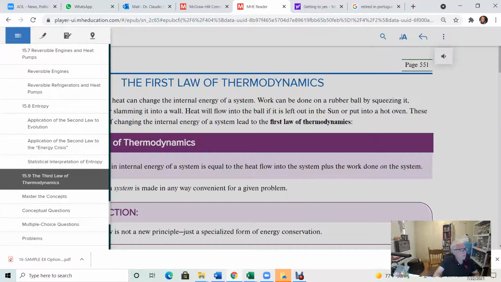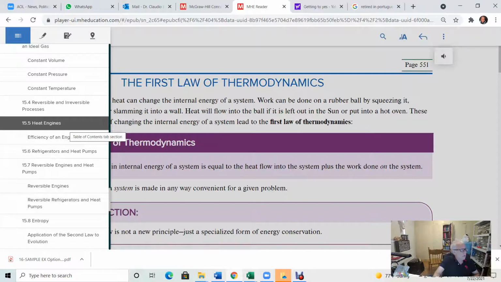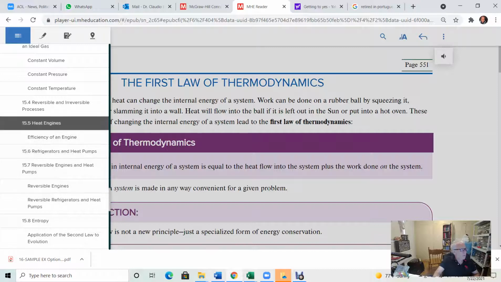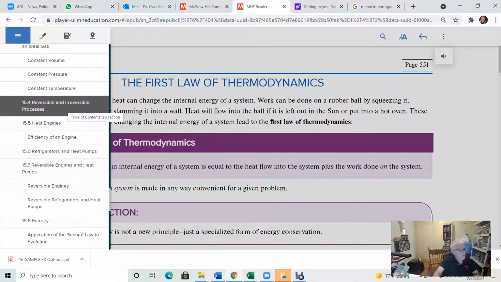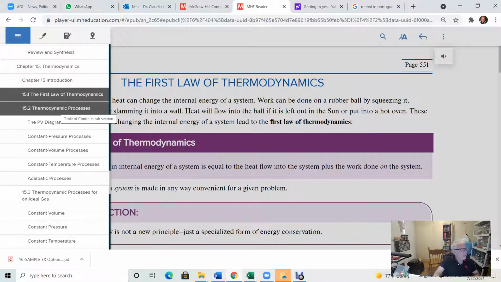We're going to skip 8, 7, 6, and 5. Those 5, 6, 7, and 8 are more difficult, so I would leave that for a more advanced course, okay? So again, section 15.1, 15.2, 3,